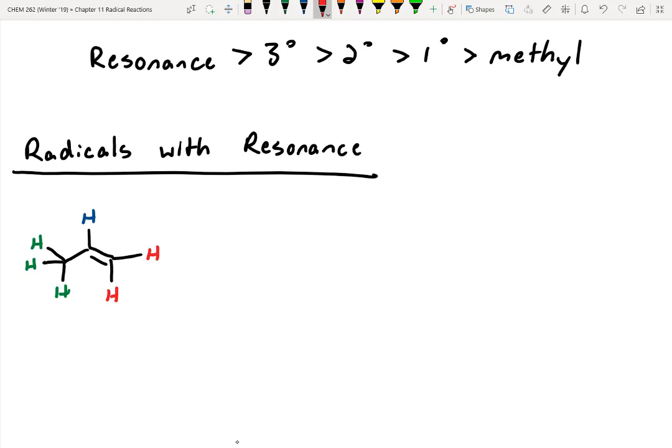Everyone's saying different answers. So if we think about acid-base chemistry, if we were to remove one of those green protons, we would have a resonance stabilized anion. So the similar trend is true for radicals. So let's imagine what happens if we remove one of those green hydrogens. And so I'm going to show that by saying minus H dot, meaning we're going to lose one of those hydrogens and its electron. All right? So when that happens,